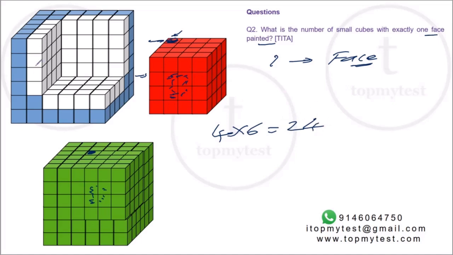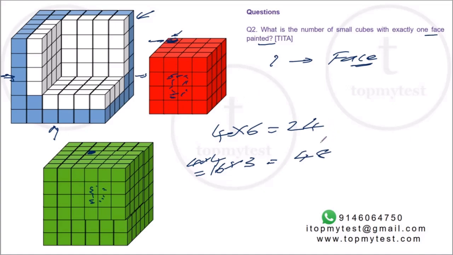Now let's look at the large one. Now in the large one, you still have 3 faces which still remain intact. The left face, the bottom face and the back face. They still remain intact. Right, all of them will have a 4 cross 4, which is 16, a square of 16 will have only one face exposed. How many such faces? 1, 2, 3 into 3. That's 48. Now, anything else?